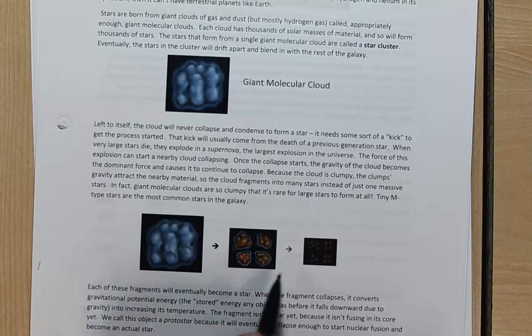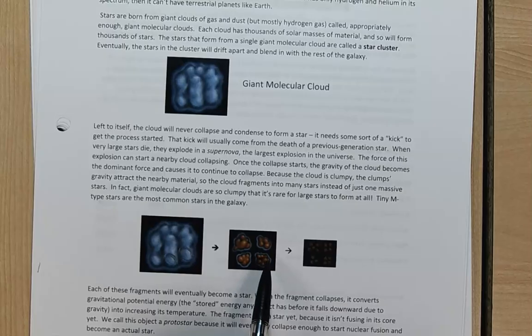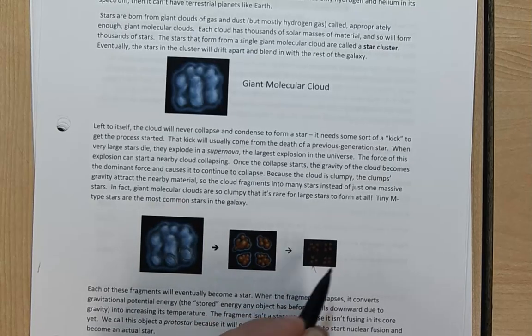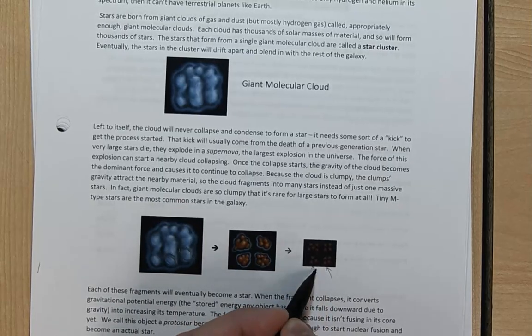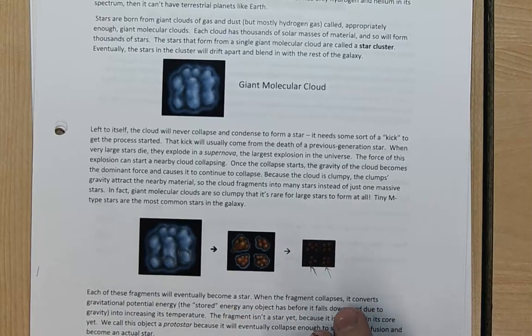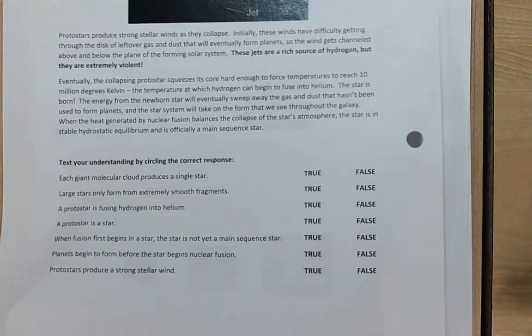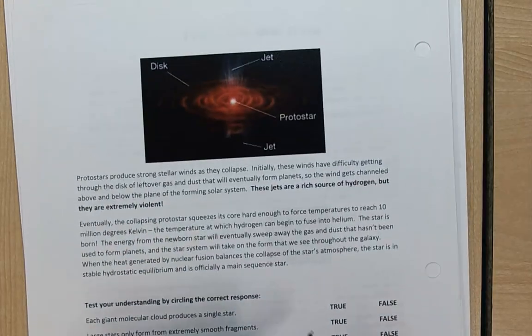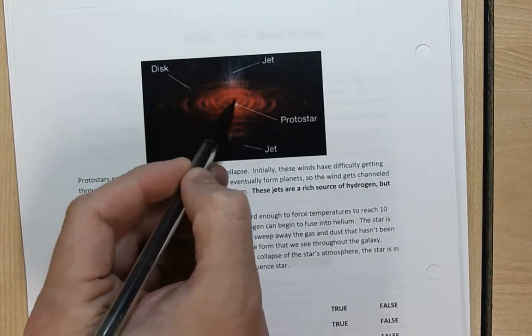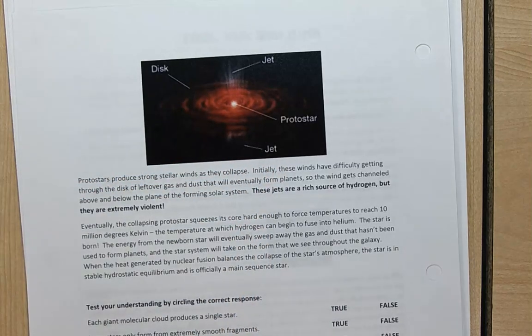And then each of these, a big clump collapses and becomes even lumpier, so it becomes a bunch of smaller ones, which become a bunch of even smaller ones, and so on, right? And then each of these little clumps of gas collapses and then forms a star, right? And then each of those clumps collapses and forms, I should say, the protostar with the protoplanetary disk of dust and